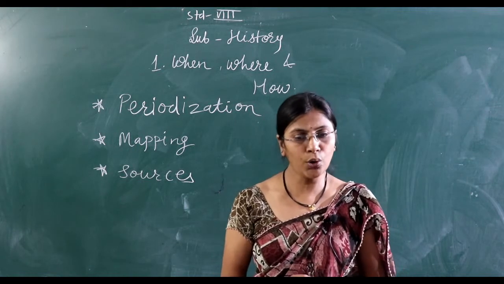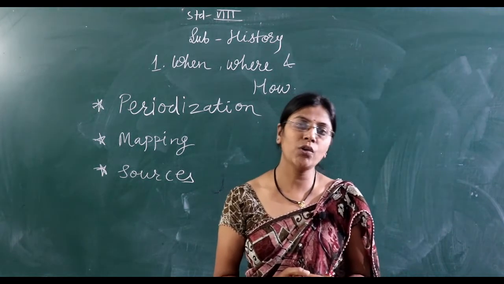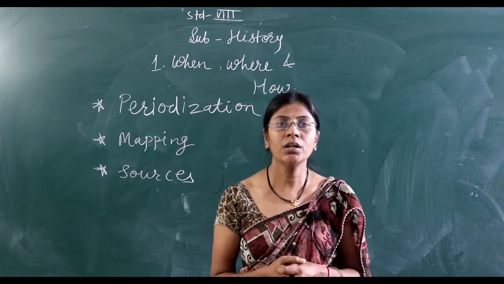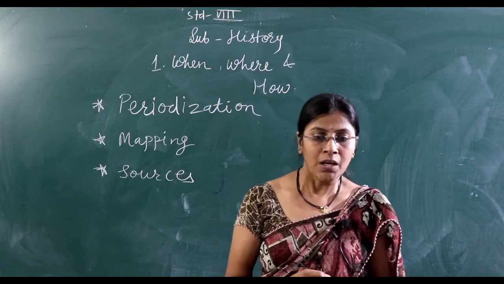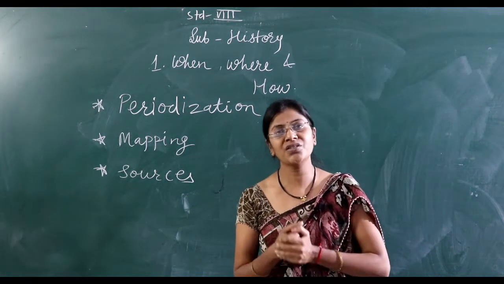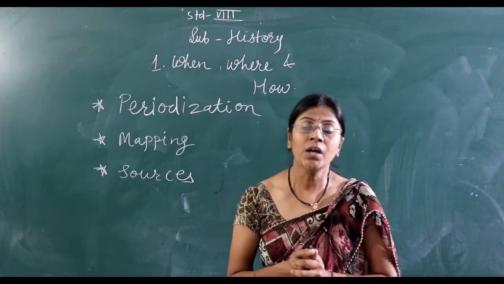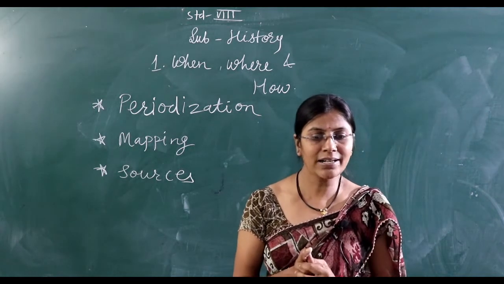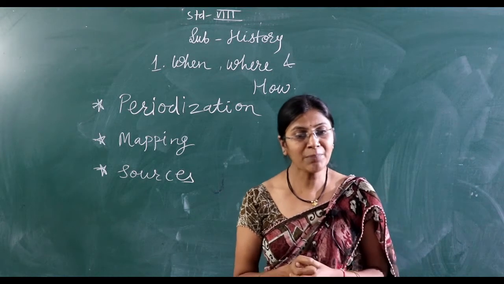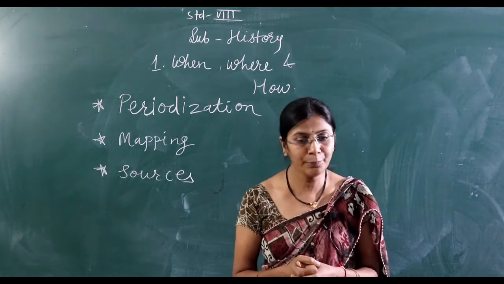It began in Europe with the coming of the industrial revolution. The industrial revolution started in Europe in the 18th century. It led to social and political changes, and these social and political changes became characteristic of the modern period.